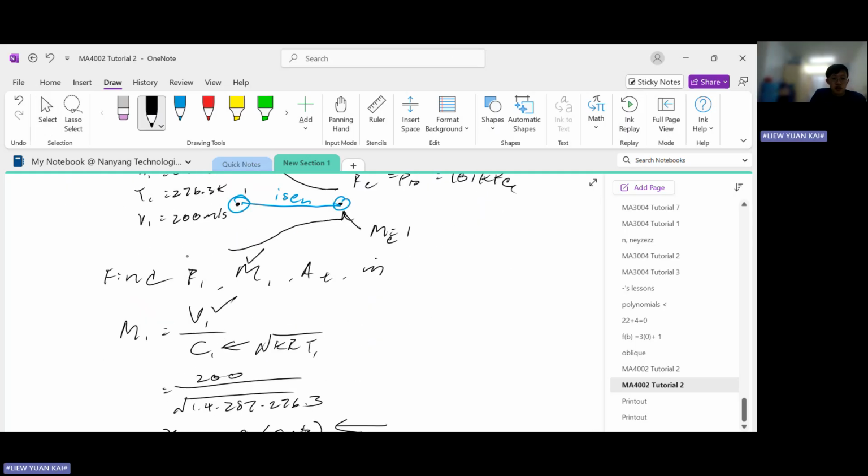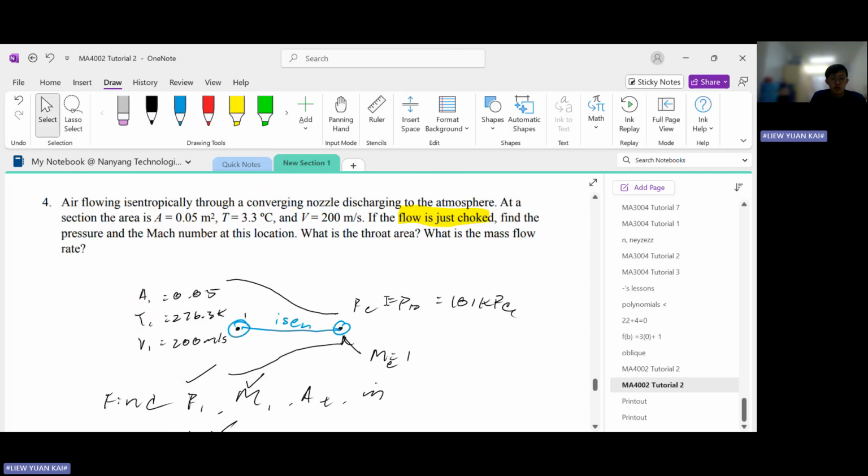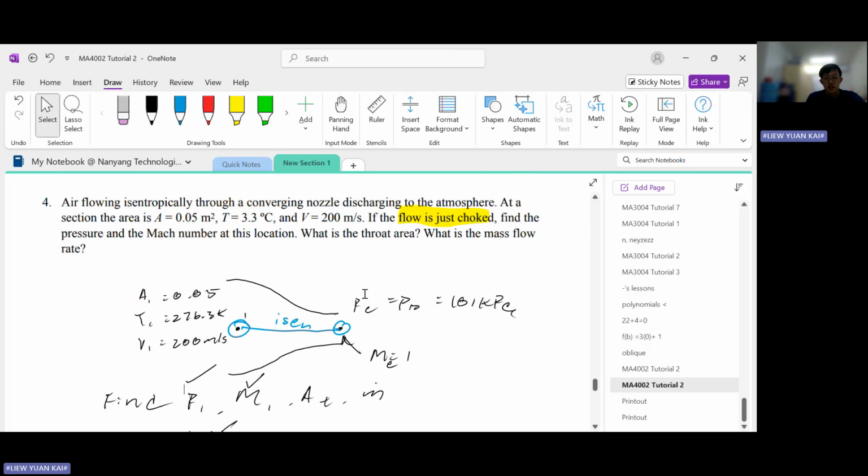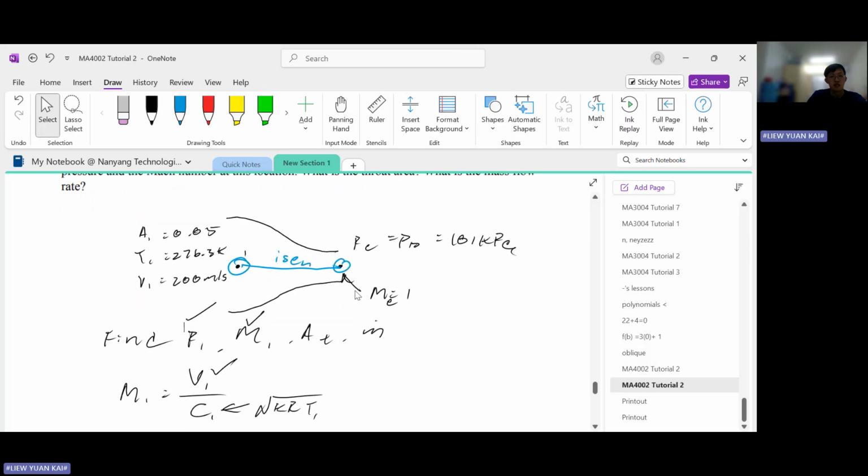So we already found the pressure, we already found the Mach number. Now we want to find the throat area. Okay. So how to find the throat area? The throat area is found using the critical state. Because area, right? You cannot use stagnation conditions. You must use a critical state. Okay? That's a fact. So